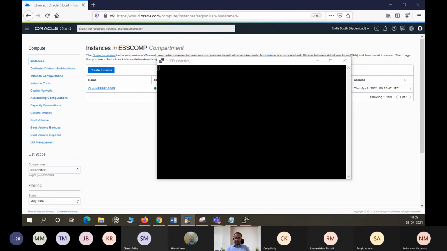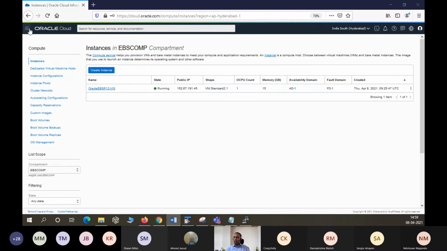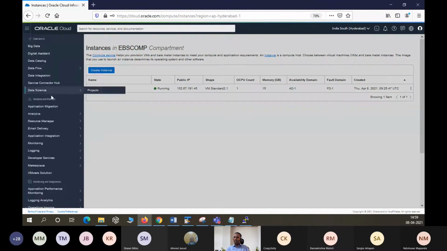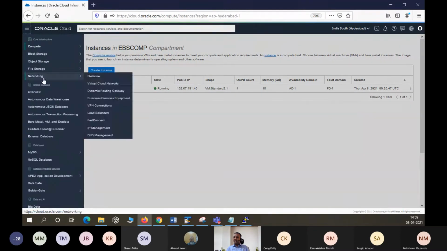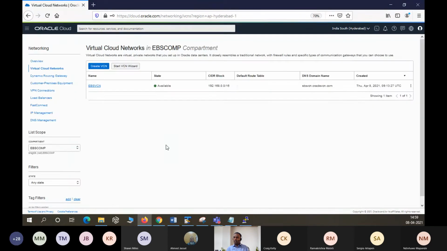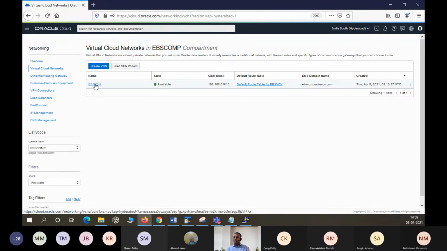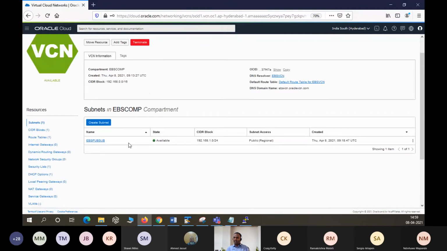Right. So let me go ahead and create the internet gateway. How do we do that? We will have to get back to the VCN that we created: Networking, Virtual Cloud Networks. So we are in the right compartment. EBS VCN is the VCN that we created. And here on the left-hand side, on the listed resources, internet gateway, we will say create